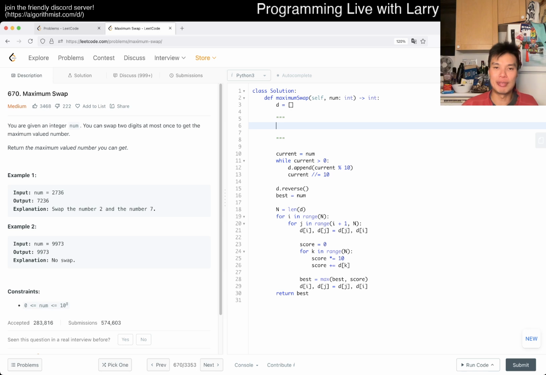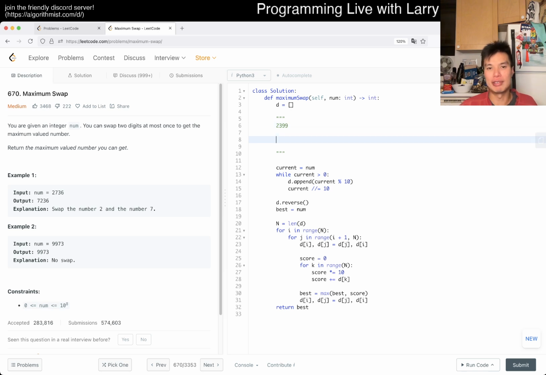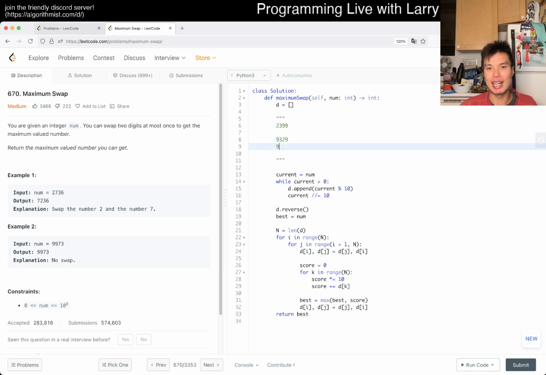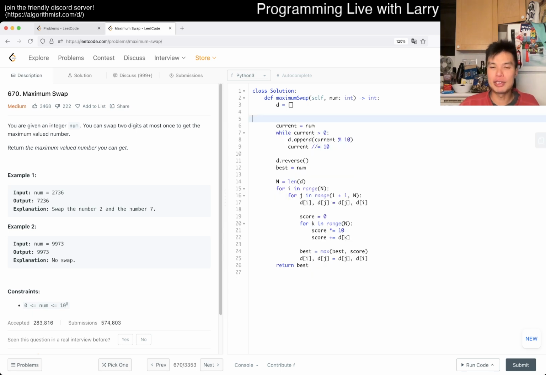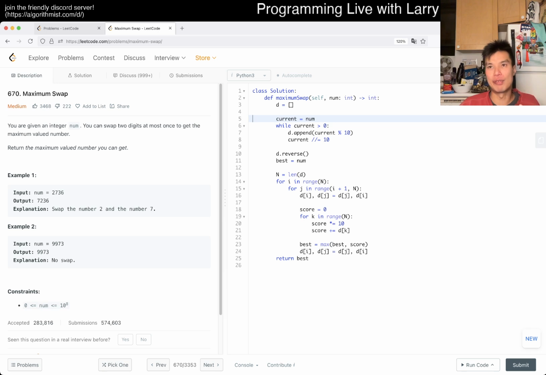Let's say you have 2399, and you could take either this 9 or this 9. Well, it's an easy swap argument, right? You just go either 9329 or 9392, right? So of course you take the later 9, and that's it. You can be a little bit more mathematically rigorous, but that's basically the idea. So then you try to do that for 9s, and then 8s, and so forth. And then on the first digit that has a number that is the max, for example, this,